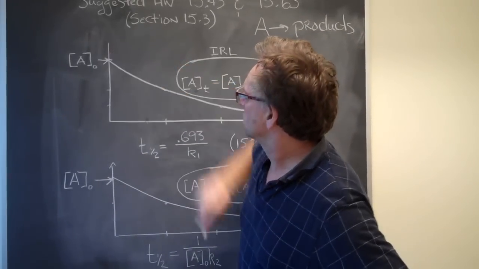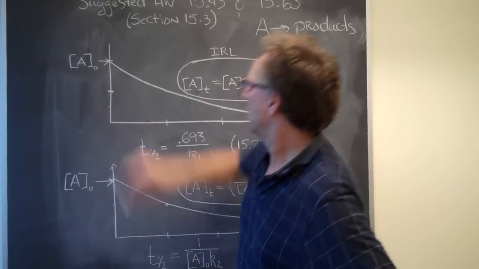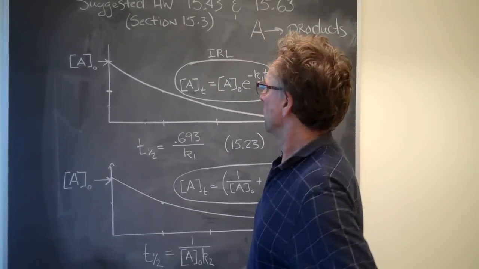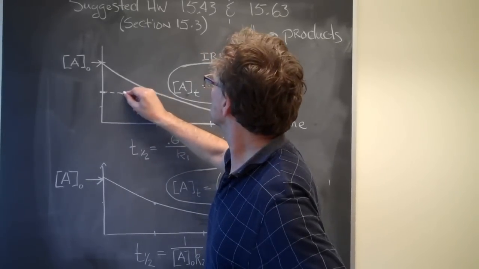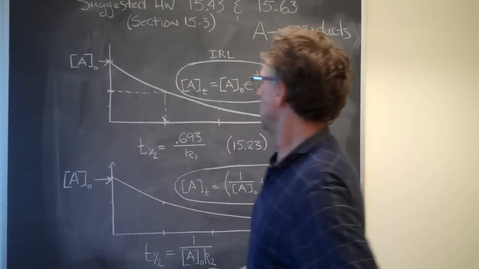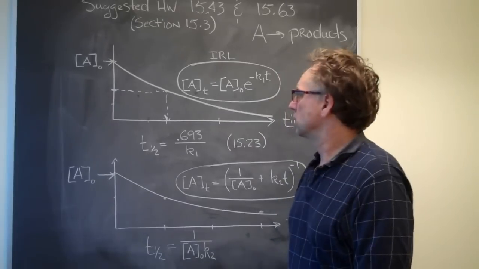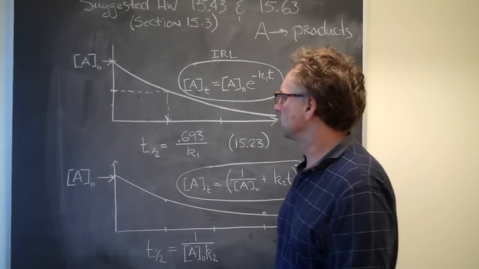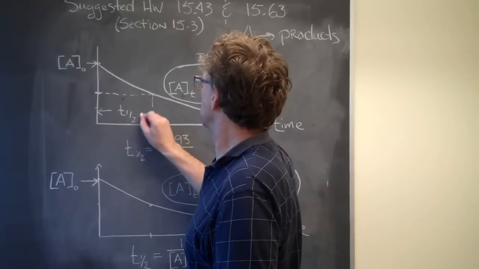We say that's the starting concentration. I would go down to half that concentration, and I'm going to draw a horizontal line, and it goes off to here, and then I read down here. And this is the amount of time it took for the concentration to go down to half its initial value. So we would say this time interval, that's the half-life